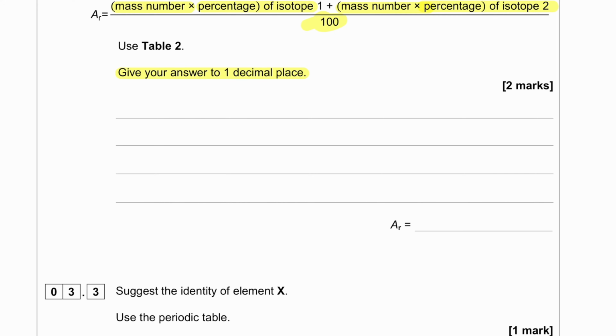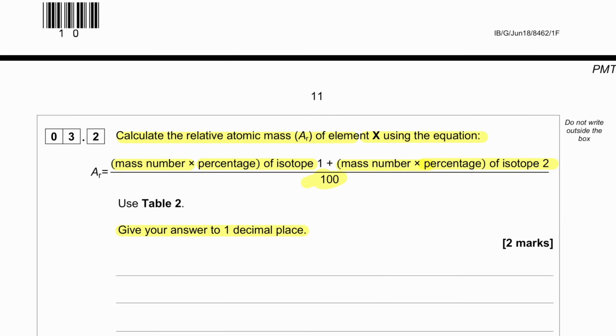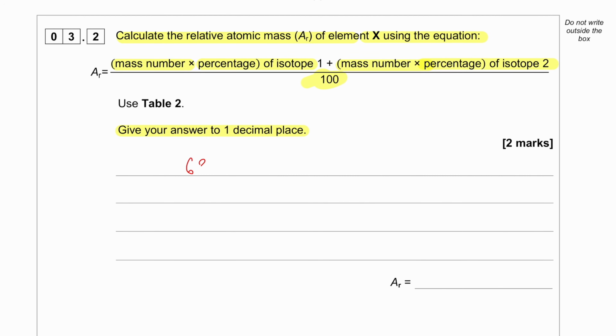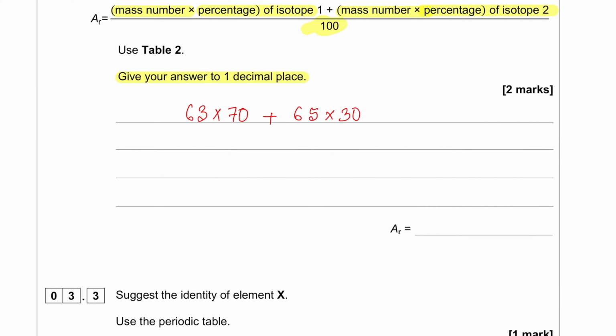Guys, in a question like this, we have to be very careful about giving our answer to one decimal place, because here 3 significant figures does not matter. So our mass number for the first isotope is 63, and we have it available at 70%. We're going to add it to 65. The next one is available at 30%. Let's just confirm that. Okay guys, we are confirmed. Divided by 100,